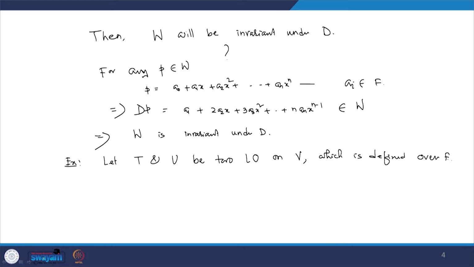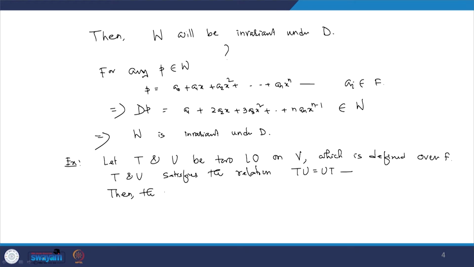The operators T and U satisfy the property TU equal to UT. I mean to say the operators T and U commute, then